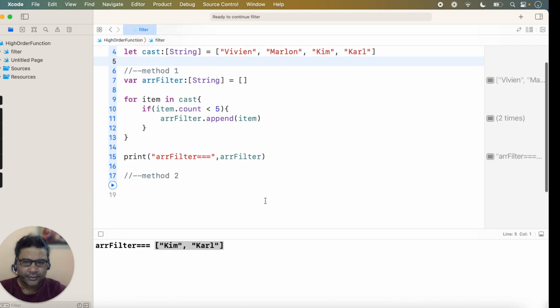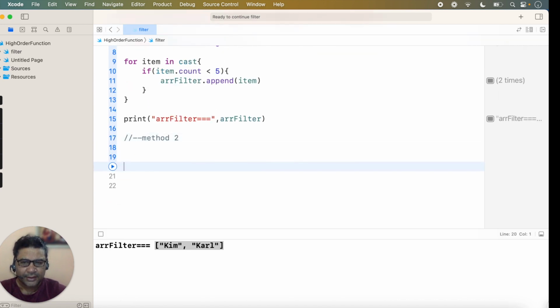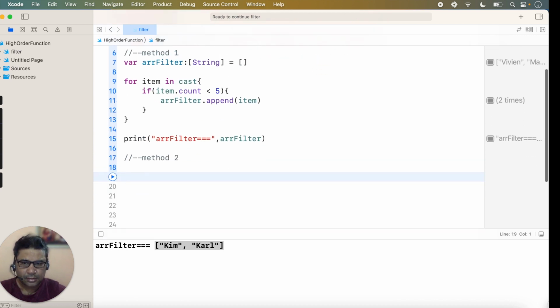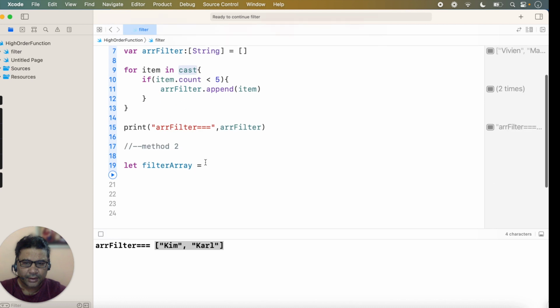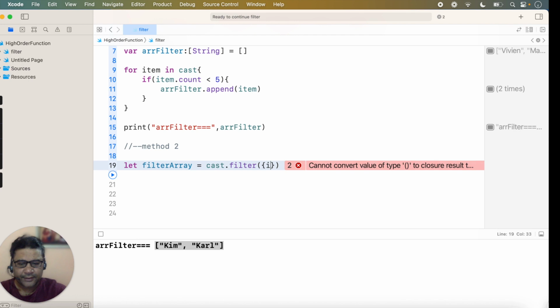So now I will declare method 2. Simply I type let filter array is equal to cast array dot filter. We can directly apply this filter, and here we take item in,